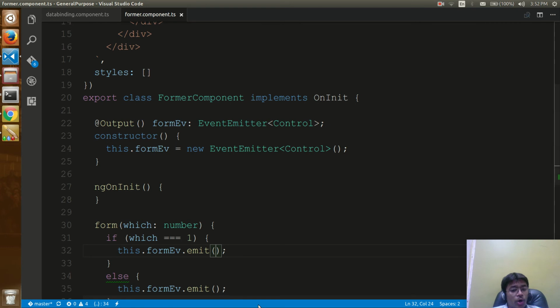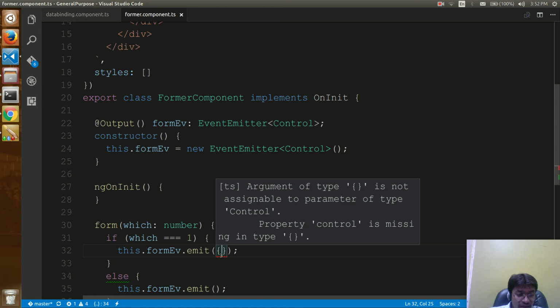to emit one object. Remember that TypeScript is nothing but the shape. Two objects in the same shape, right, are identically equal. So here I am going to emit an event of control, and I am passing a JavaScript object. This might seem contradictory. Here the object is of control and I'm emitting an object of what? A JavaScript object. But if I have something like this,